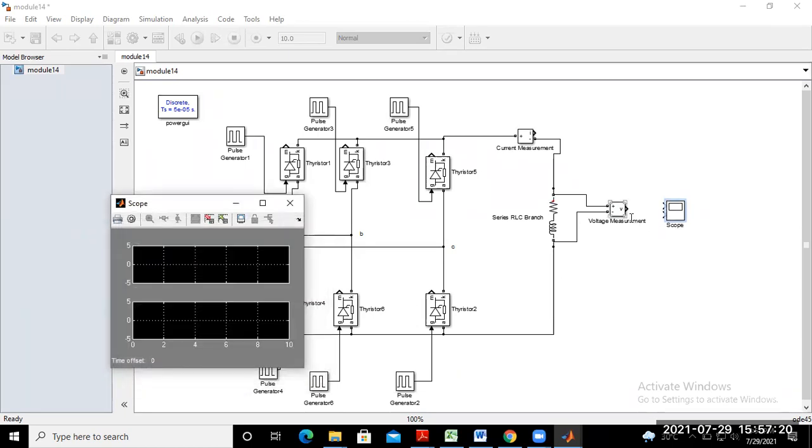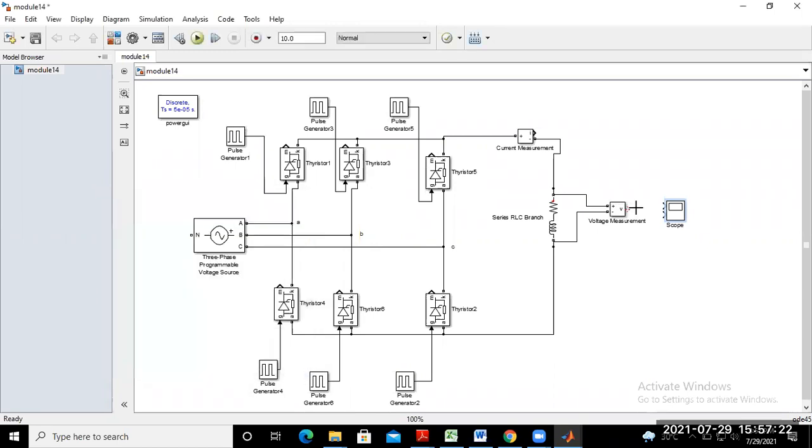So the output voltage can be connected here, and the output of the ammeter can be connected through this one. I have not connected the input voltage voltmeters. If we connect the 3 voltmeters here, then again we create more axes in the scope, so we can observe the waveform of the input and output voltage.